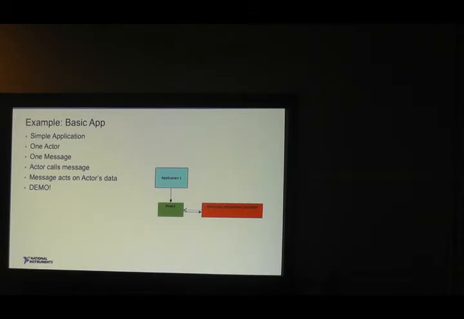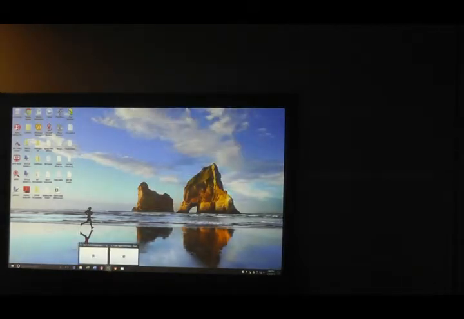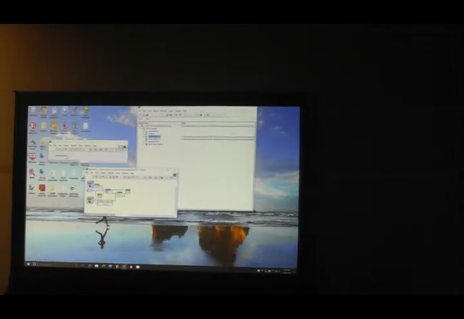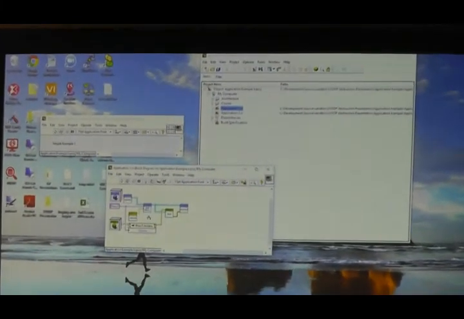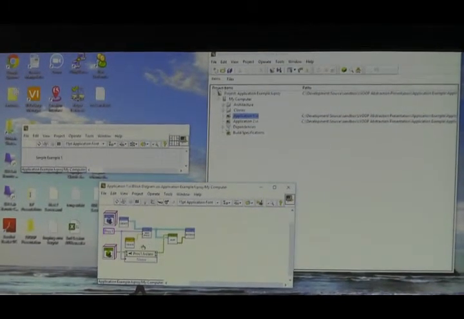So just to show a simple application, we have a single actor, and then we have a simple message. So let me give you a demo of this. Okay, so here we have, and this is using my framework, so it's not going to look like AF, but it's very similar in concept. But we've created an application, we've created an actor, I call them processes. We've given it a transport, a means of receiving and sending messages, and then we've run the actor, and we've given it a name, and then at the end we destroy it.